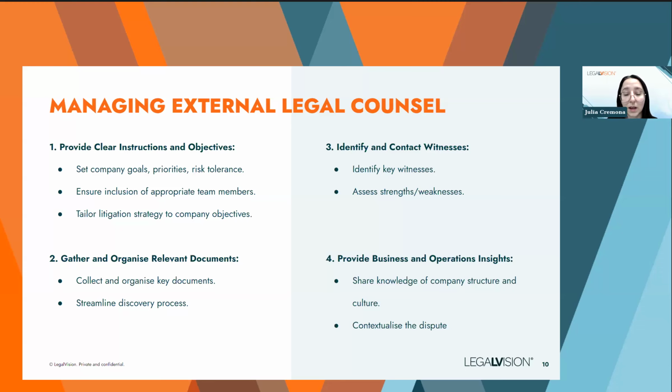Another role that in-house lawyers have, like Rebecca mentioned earlier, is gathering and organising the relevant documents. This is an extremely important part of the process and it does take quite a bit of time. And like Rebecca mentioned, it is helpful to have that done as soon as possible, but that includes collating things like contracts, correspondence, financial records, and any other key documents,